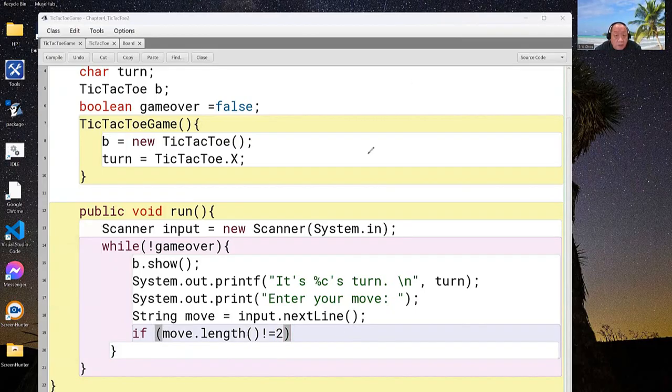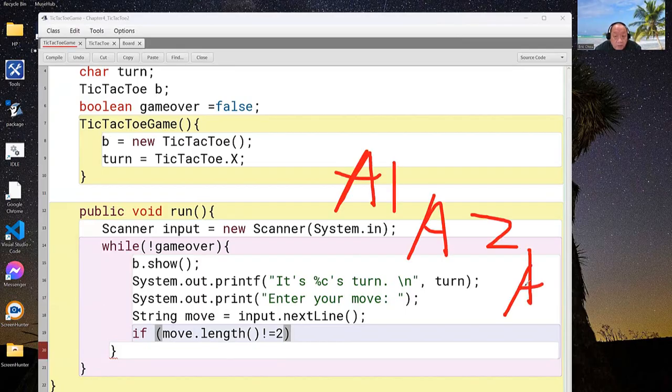So we allow A1, A2, A3, B1, B2, B3, C1, C2, C3. If the length is not equal to 2,